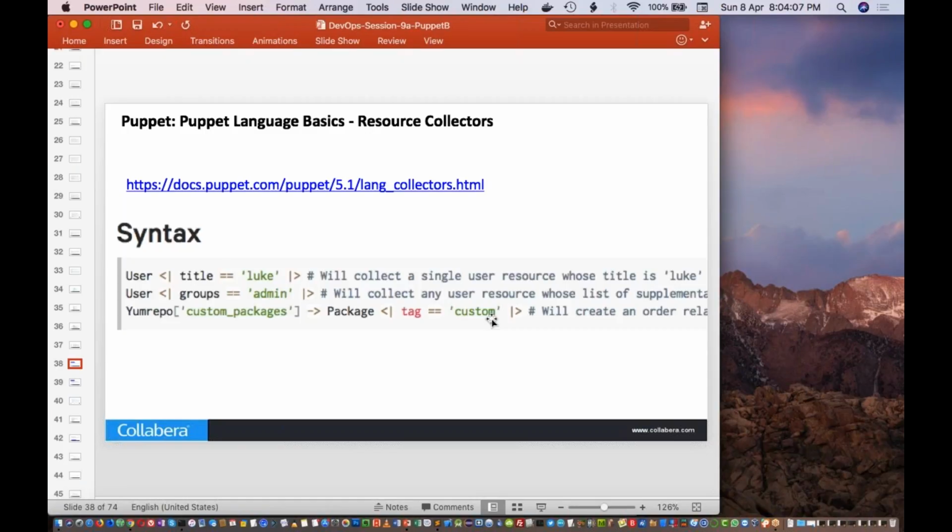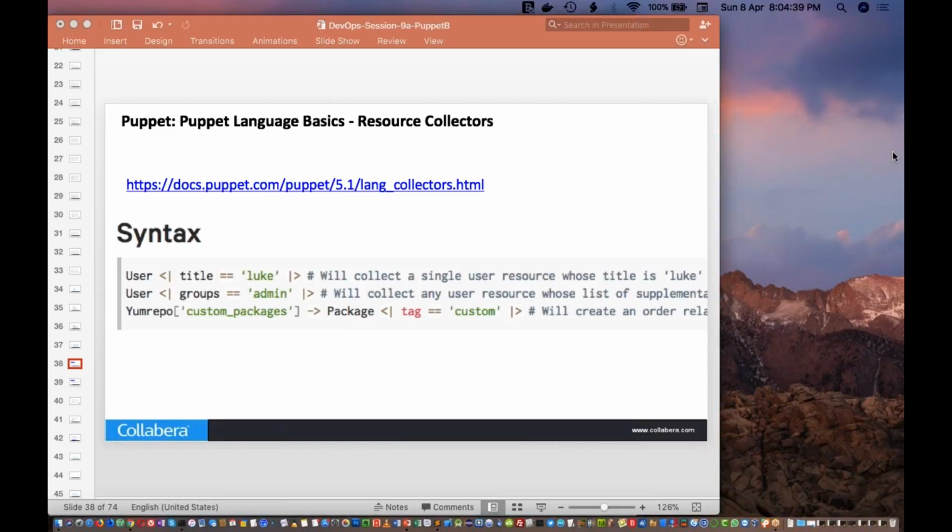Okay, now in Puppet there is something called a resource collector. What is a resource collector? You'll be able to get the details in this particular URL. If you specify something within these angle bracket pipes, it will collect that particular resource.